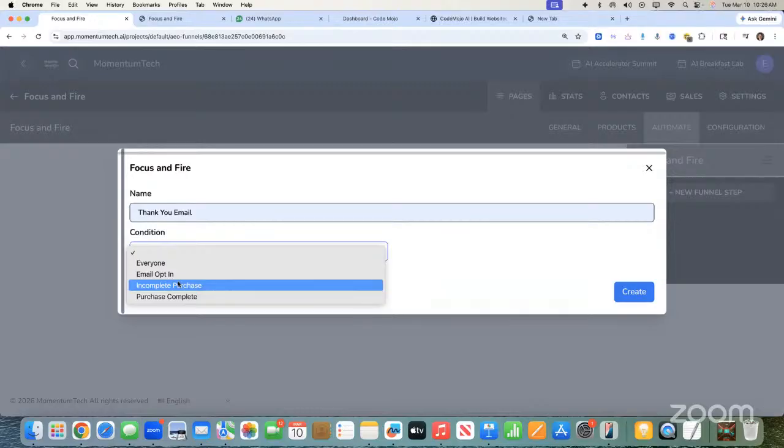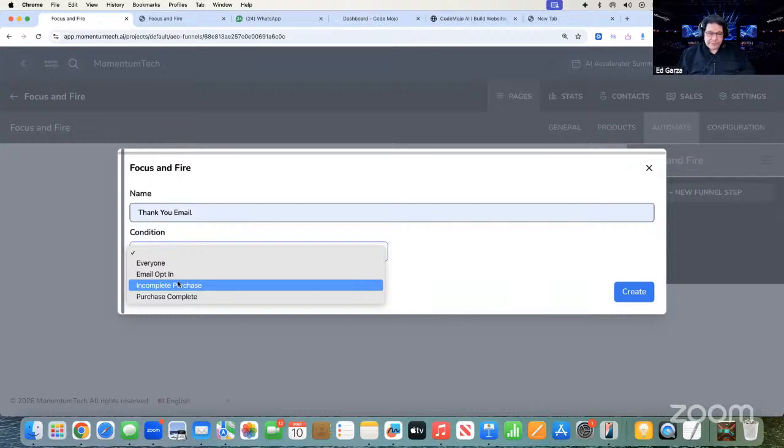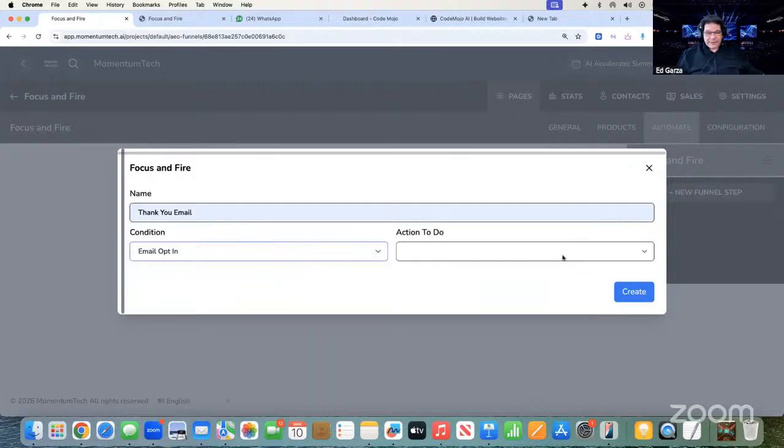And I can tell you that's a big problem with a lot of businesses. They have e-commerce stores, people abandon the cart and they don't have any incomplete email autoresponders. Well, you can set up email responders here, right with this. And there's no charge for it, by the way. And then you can also do purchase complete if they're purchasing. But in this case, we're just doing opt-in, right? And what do you want to do? Again, making it simple. There's no tech setup.